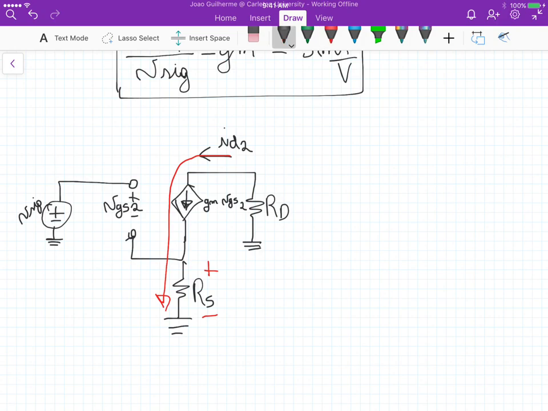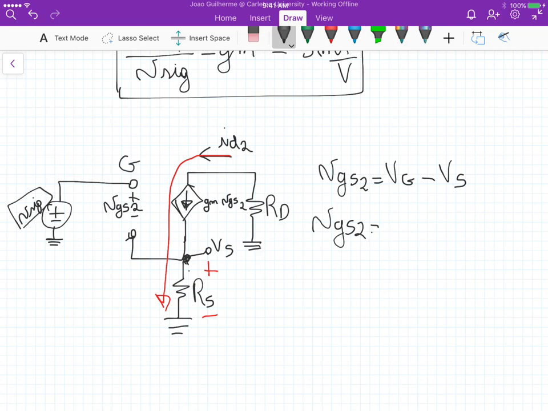So now our VGS2 is actually VG minus VS. VG is just this signal, because the gate is connected directly to the signal. So this is equal to this signal minus